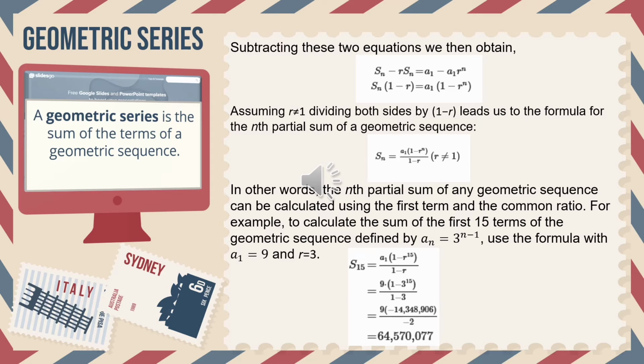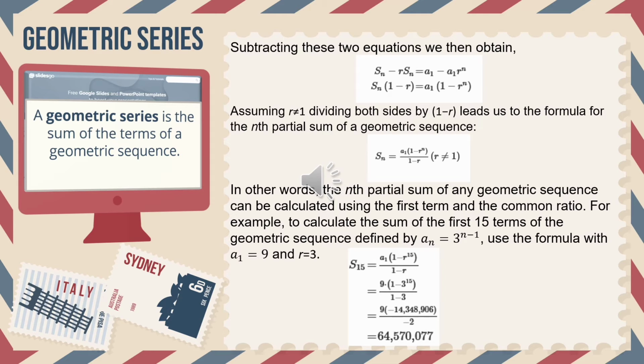S sub 15 is a sub 1 times (1 minus r to the power of 15) all over 1 minus r, which is 9 times (1 minus 3 to the power of 15) all over 1 minus 3, which is 9